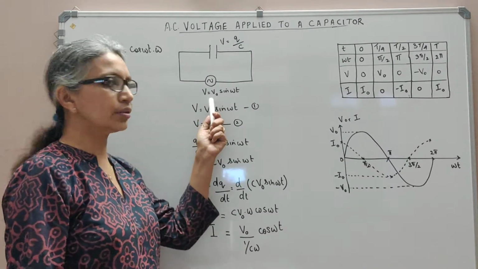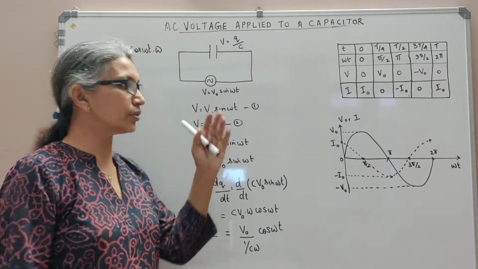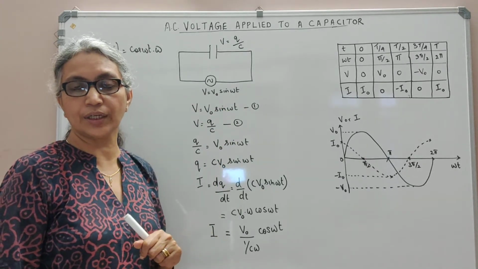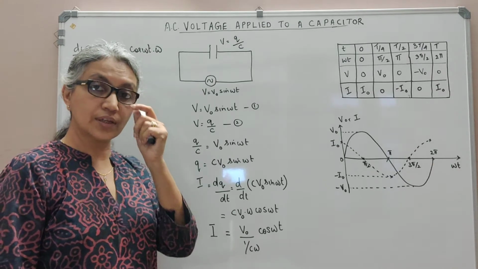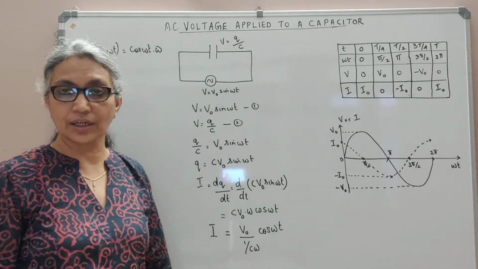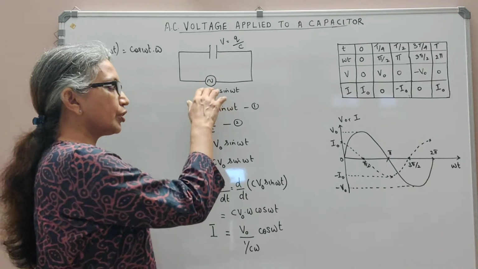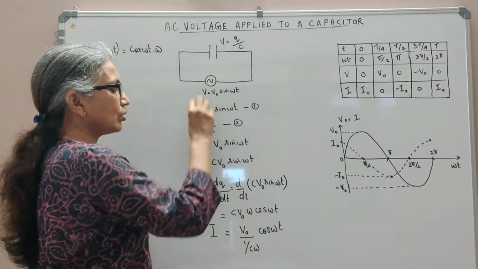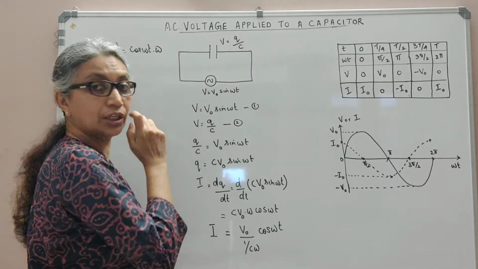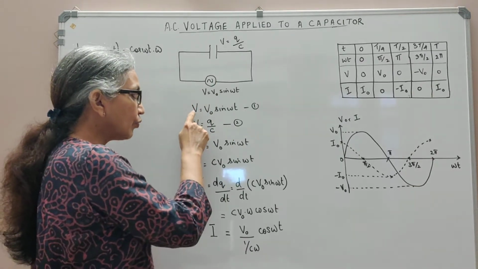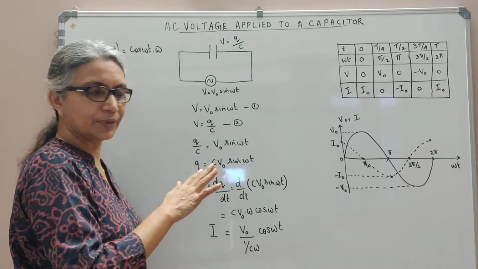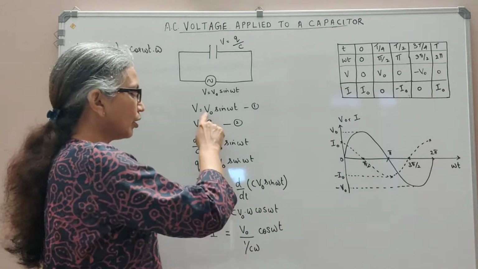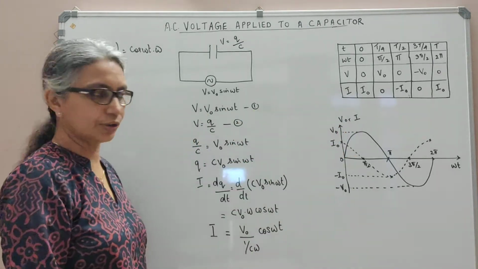Now, as usual, your voltage output is a harmonically varying function, V equal to V0 sine omega t, which we studied in the chapter electromagnetic induction, the output of an AC generator. We saw how it is E equal to E0 sine omega t. So our AC source we represent with this function, V equal to V0 sine omega t, where V is the instantaneous voltage. At any particular instant, the voltage is what we call the instantaneous voltage. V0 is the peak value of that voltage.